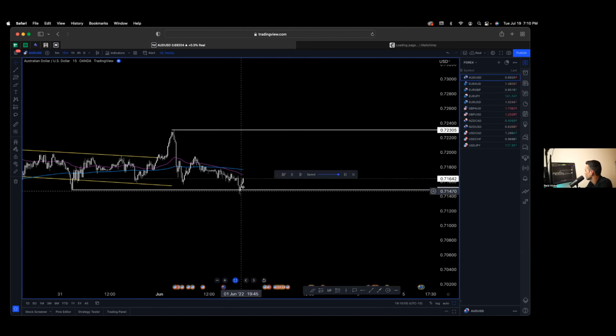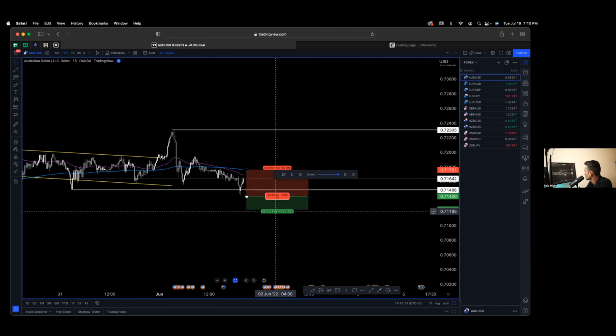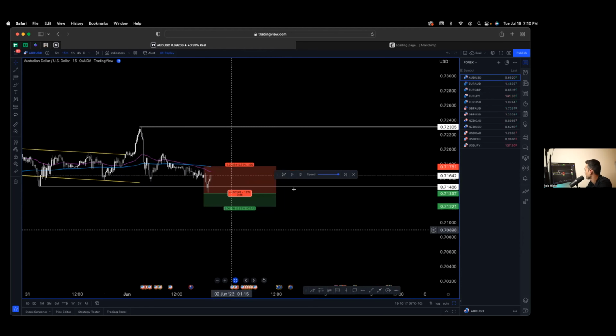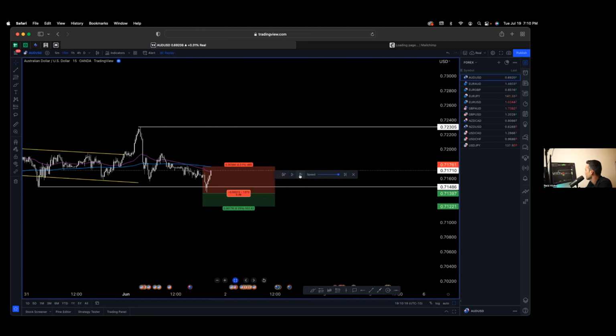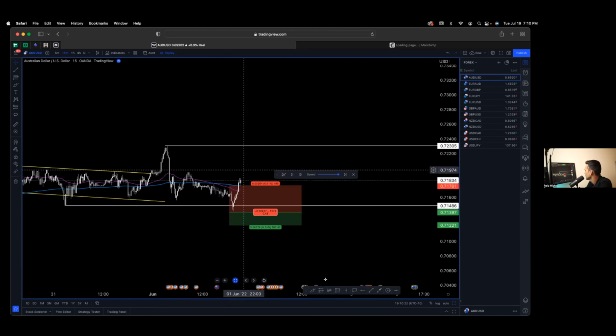Let's see, it broke below here. I like that. It's going up. So let's see. Let's make a fake trade here, or ghost trade, phantom trade. This is just using the short tool in TradingView. Let's see what happens. So it's gonna just continue. Is it gonna break above? We are in an overall bull trend.